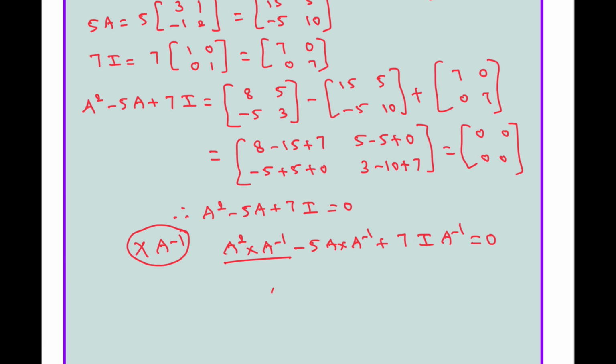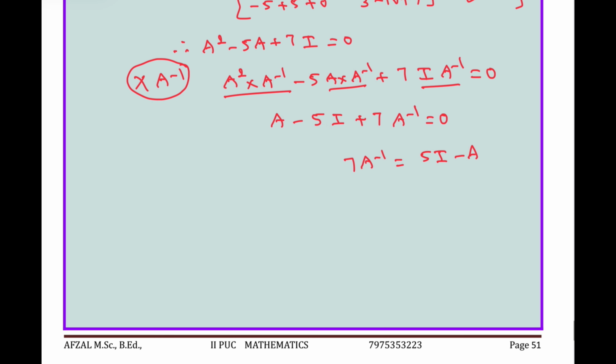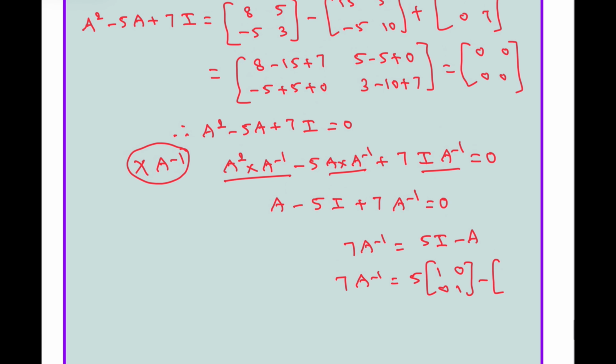A square into A inverse is A, minus 5A into A inverse is I, plus 7I into A inverse is A inverse, equals 0. Now we should find out here 7A inverse equals minus 5A becomes plus 5I, A becomes minus A. Then 7A inverse equals 5 into I, 1 0 0 1, minus A matrix is